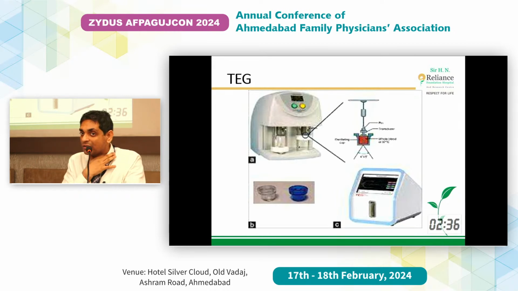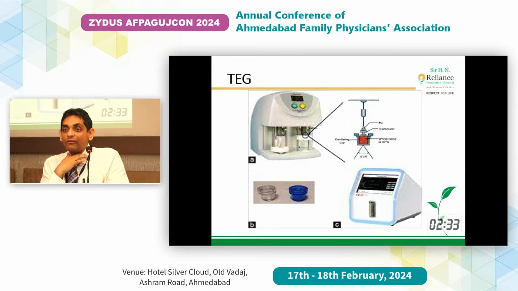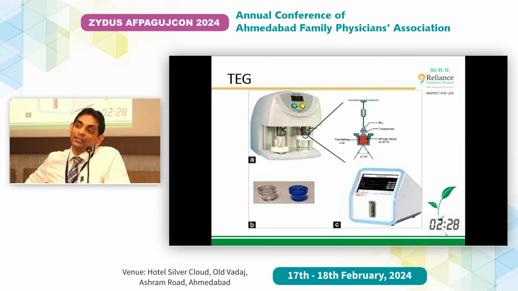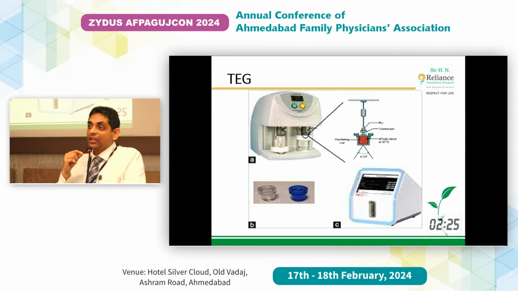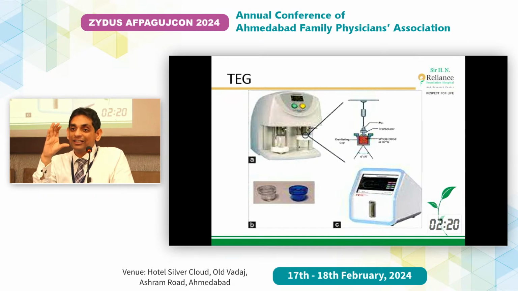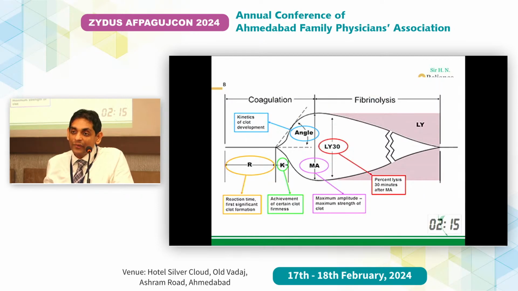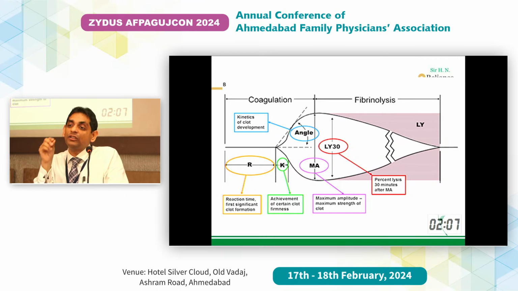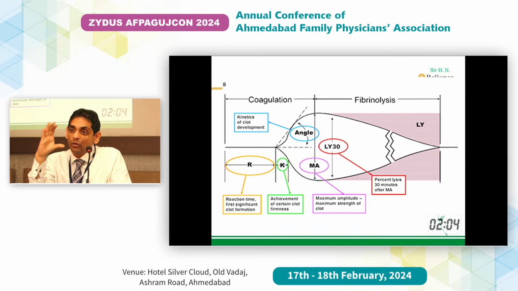Assume somebody has platelets of 1.2 lakhs, has an INR of 1.5, and you want to do a liver biopsy. You are not sure whether you want to do a percutaneous method or a transjugular biopsy. Use of thromboelastography may help you know whether the functional assessment of bleeding is under control. And if the graph is good, as we will show in our further diagram, you may ask this person to undergo liver biopsy through the percutaneous route. Assume somebody has come to our inpatient with bleeding, but if the thromboelastography is okay, you may not overly transfuse blood products to them to correct the bleeding parameters.